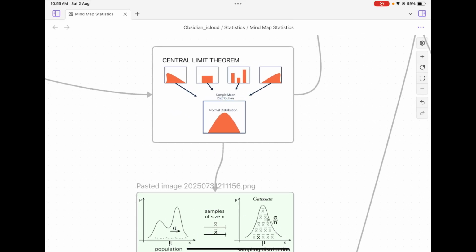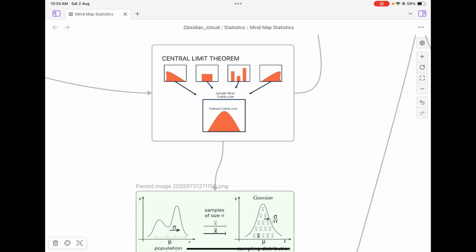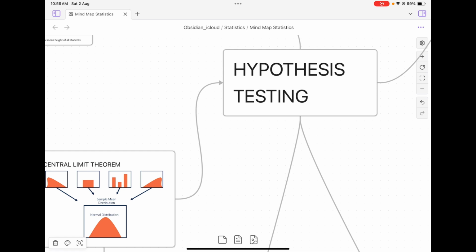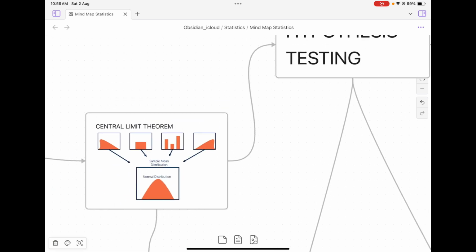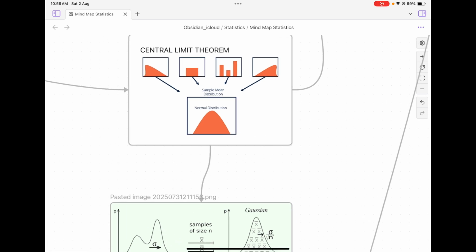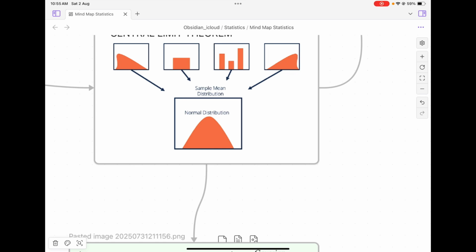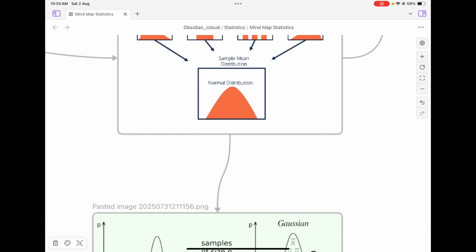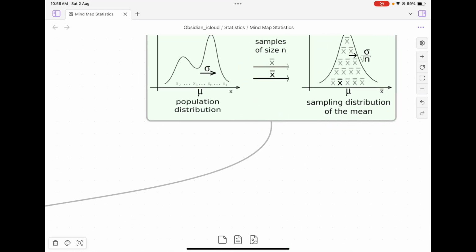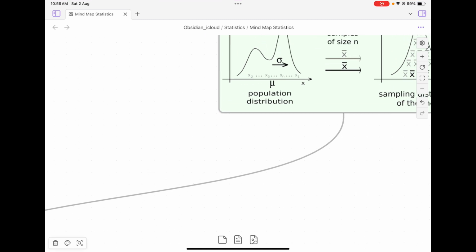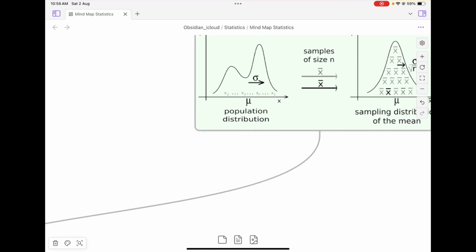So in the last lecture, we covered what the central limit theorem is. That will be our foundation for inferential statistics and hypothesis testing. Before moving to hypothesis testing: in the central limit theorem, we have seen that for any distribution, if you take samples, these sample means finally form a normal distribution with standard deviation sigma by root n, and mean mu. Now we need to see the normal distribution and Z table,